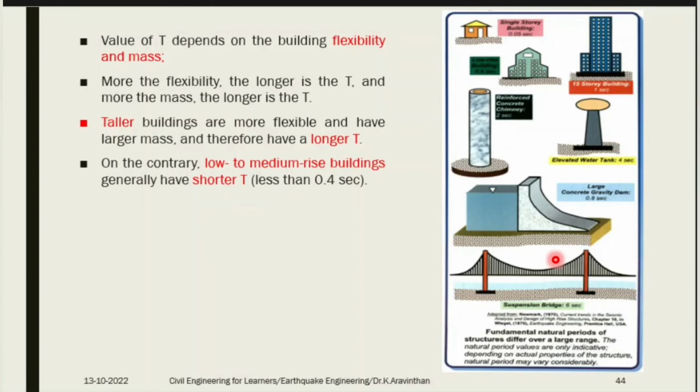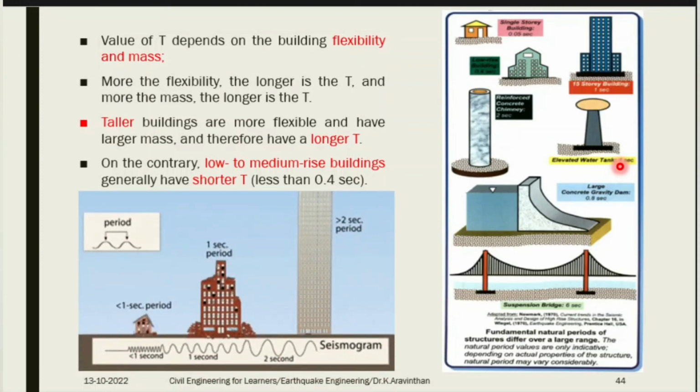Now, imagine that your earthquake wave is 4 seconds. Which structure is going to get damaged now? The dam has a time period of 0.8 second, which is nearing 4 seconds. The elevated water tank has 4 seconds. So due to that earthquake, the elevated water tank will collapse. So this is what you can find from this picture. You can understand that if the earthquake time period is less than 1 second, it is going to damage all the